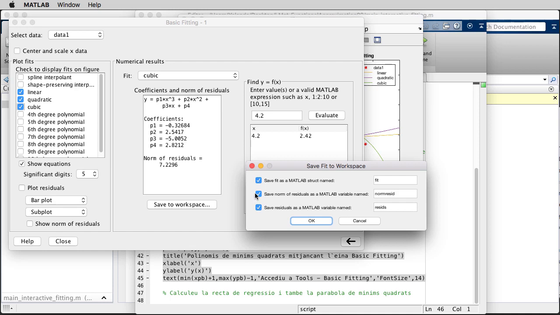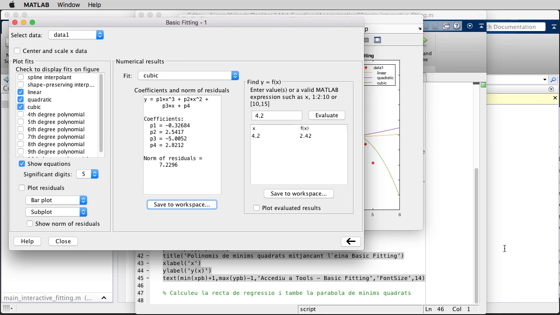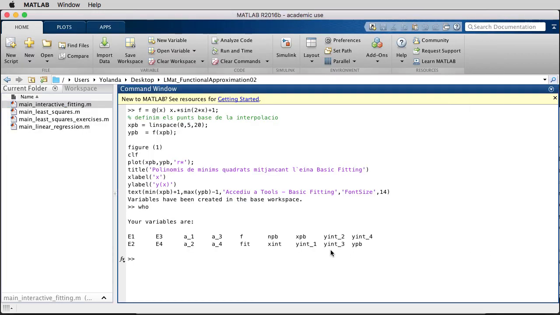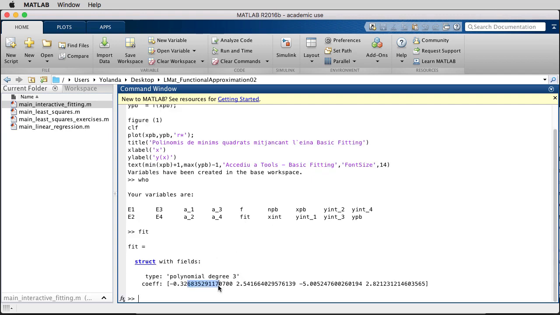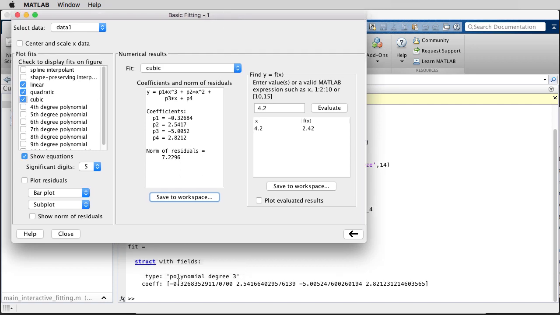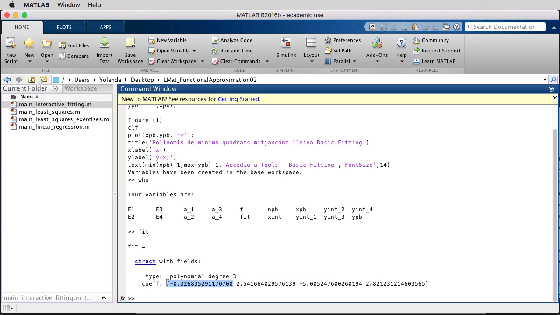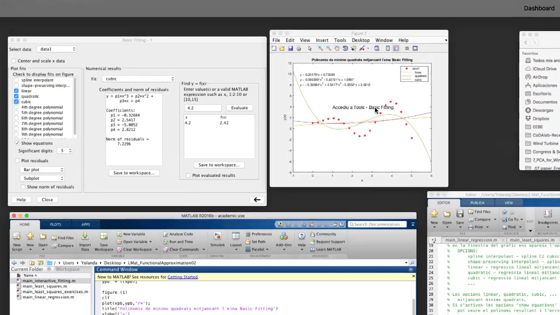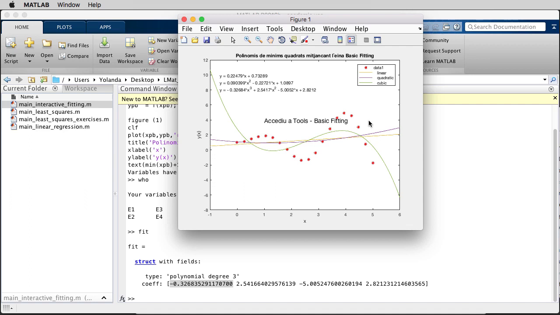Let's say we don't want the residuals. We will just save to workspace the polynomial coefficients. Okay. Then if we go to the command window, we can see here fit, and we have the coefficients of our polynomial with all the decimals. So here we only had 1, 2, 3, 4, 5 decimals, but here we have the coefficients with all the decimal places precision that MATLAB is computing. Okay, so